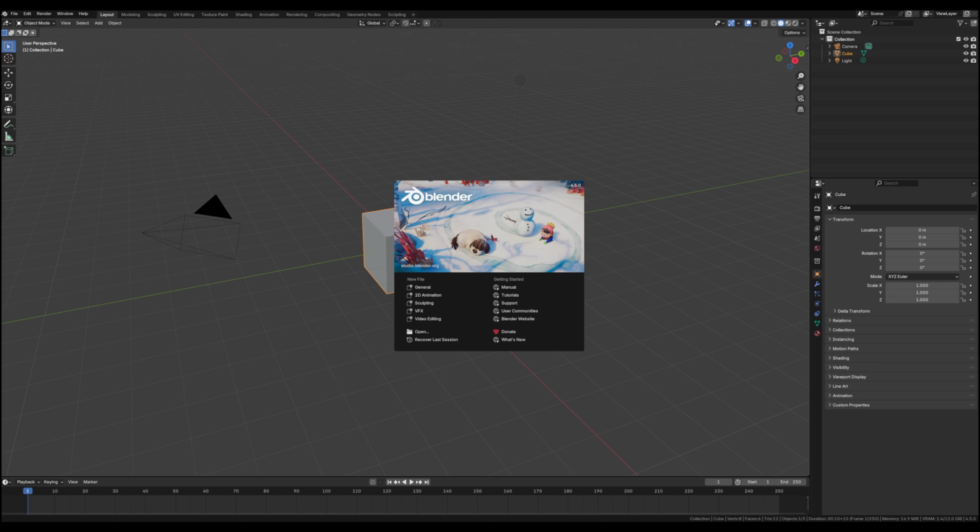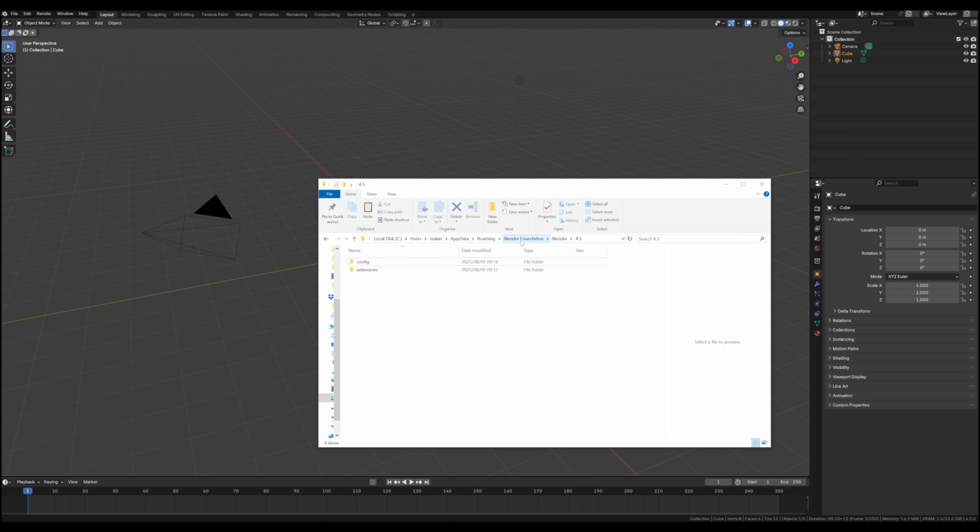Then what you need to do is you need to locate the folder that has your preferences in it, and that would be under your appdata, roaming, Blender Foundation, Blender, and then under the Blender you'll have all the versions that you've installed or have on your computer. Then what you need to do is locate the version that has all the preferences, which for me would be this one, and you copy all these files into the